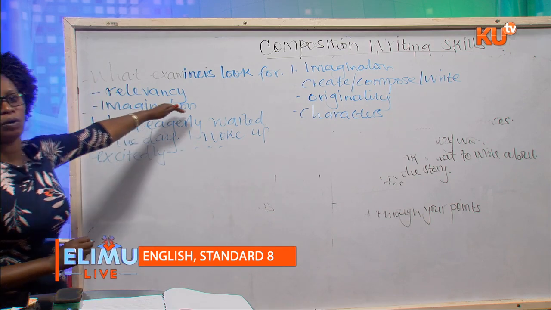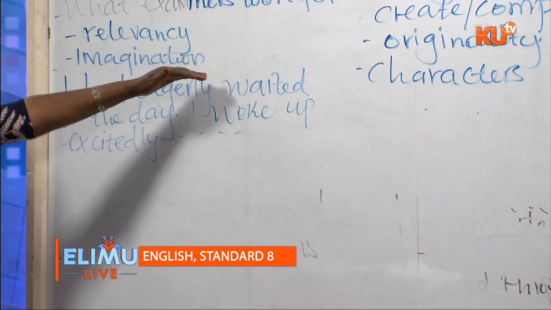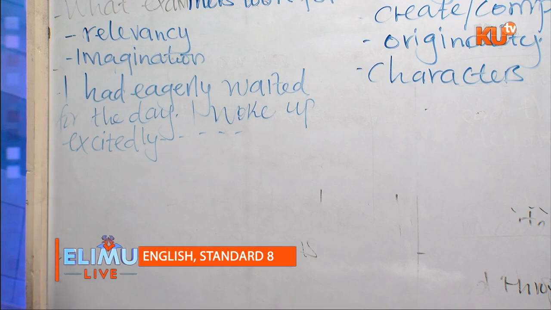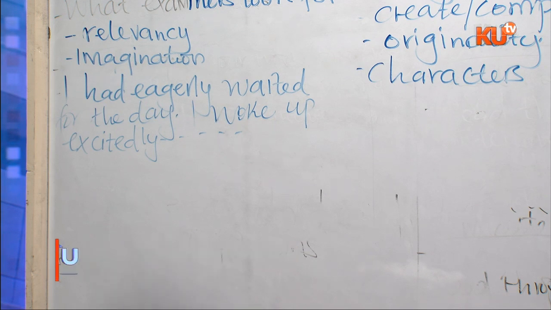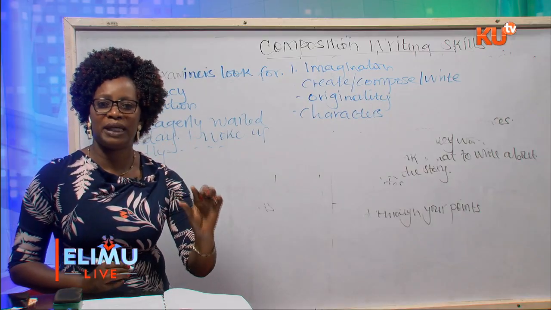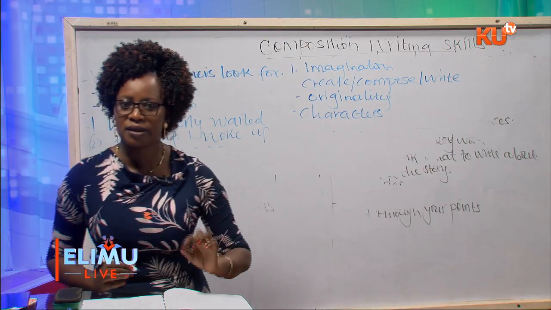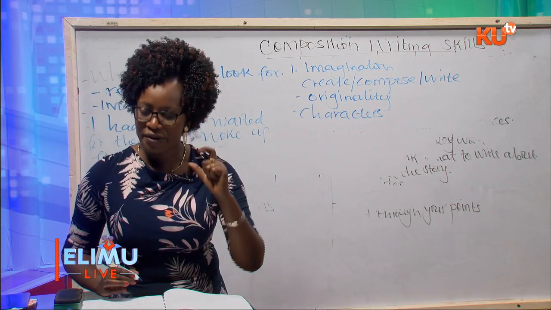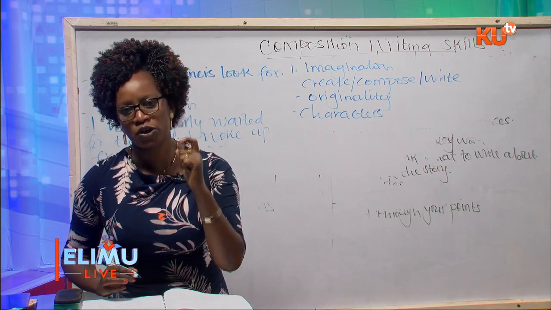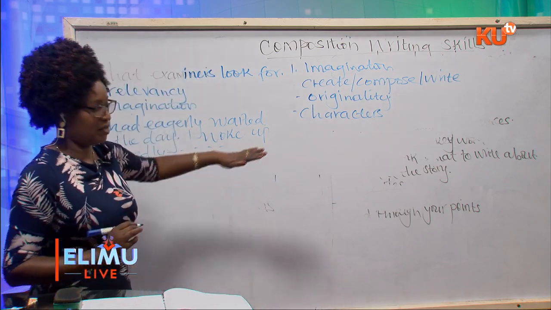Below is the beginning of a composition. Complete it in your own words, making it as interesting as possible. Remember, we are talking about your ability to be imaginative in this composition. And imagination, we have said, is the ability to create, compose, and write an original story from the given